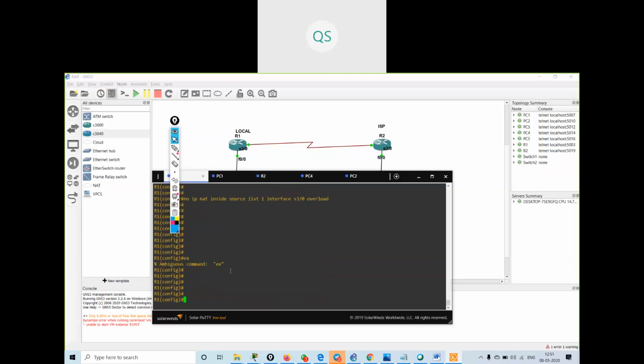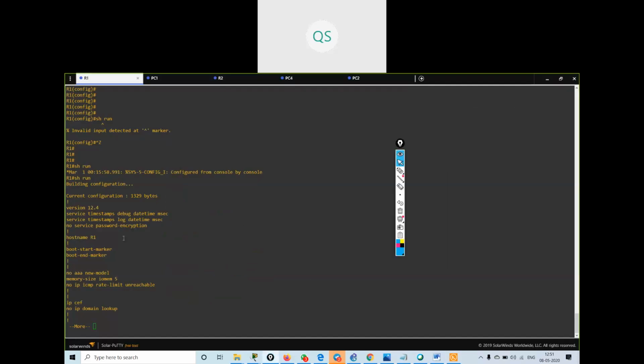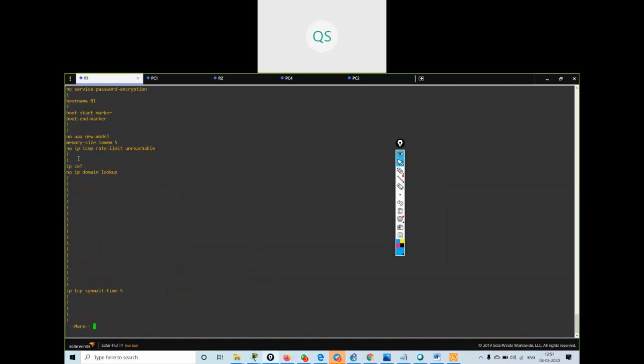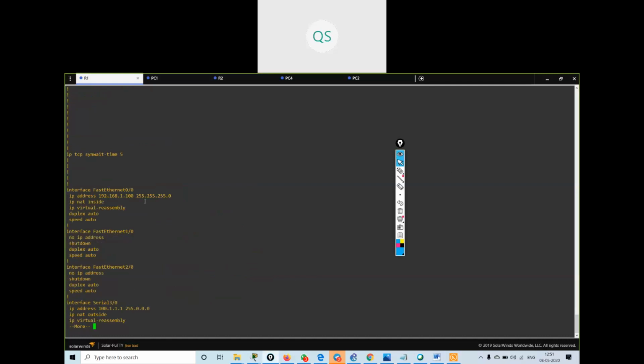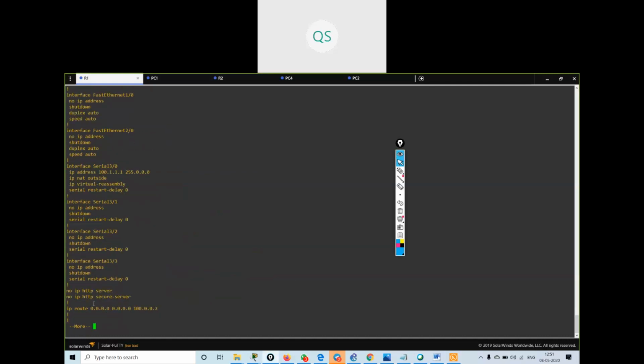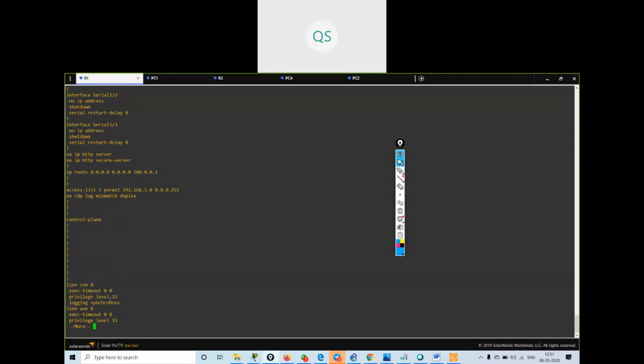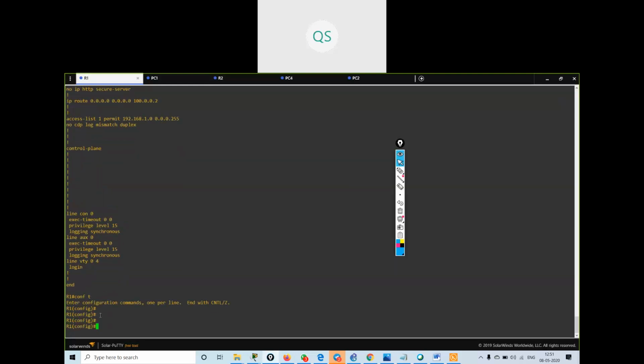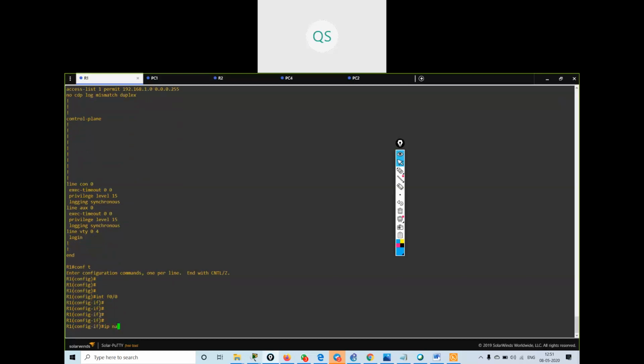Show running configuration. Interface FastEthernet 0/0, I can say no ip nat inside.